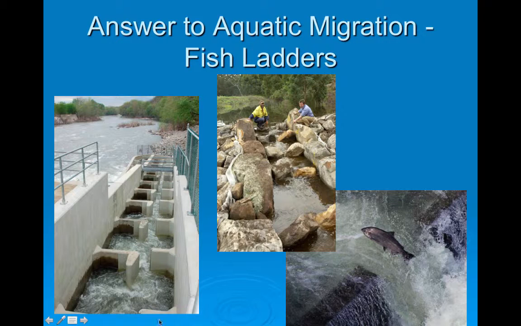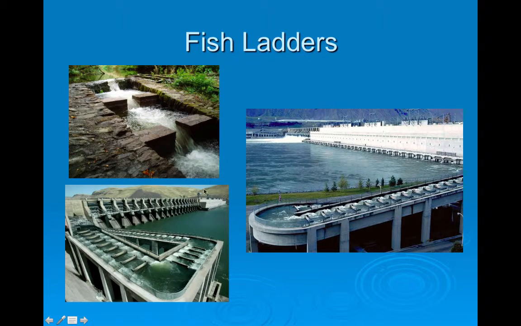All right, so the way that you have both a dam, which is beneficial to people, and also don't block the migratory paths of fish who need to go upstream, you build fish ladders. So as you can see here, you jump from pocket to pocket to pocket until you get beyond the dam and move on, and you can see here are some more fish ladders. So a very elegant solution to this problem.